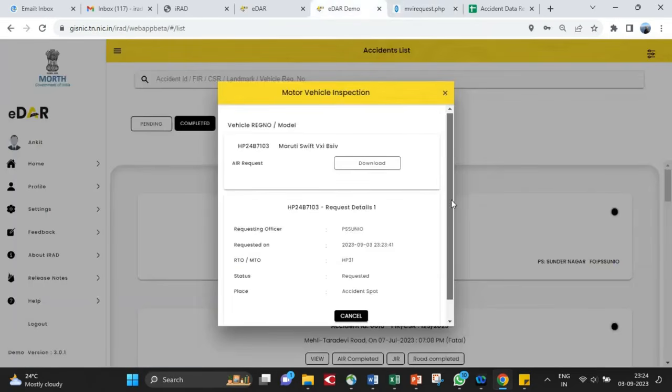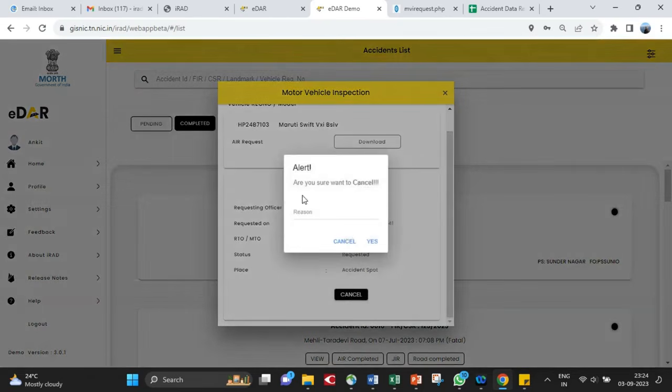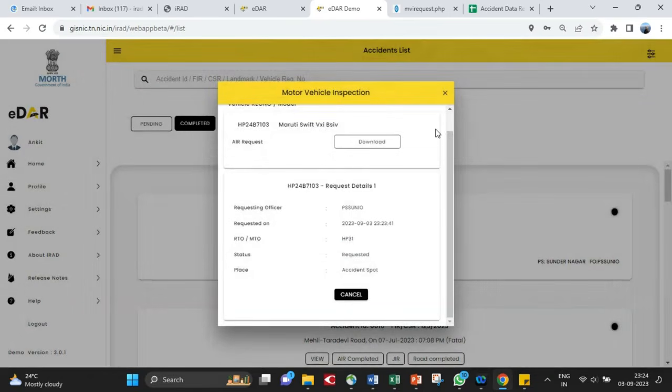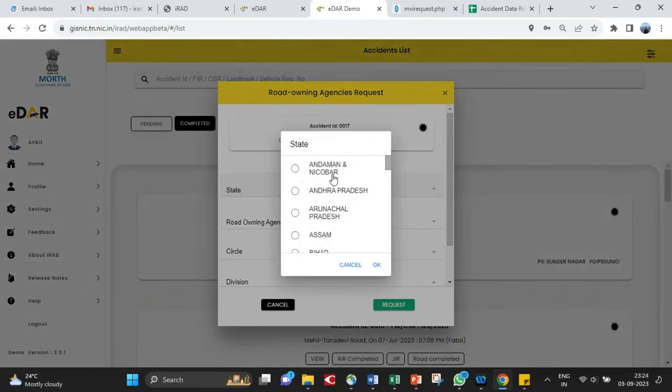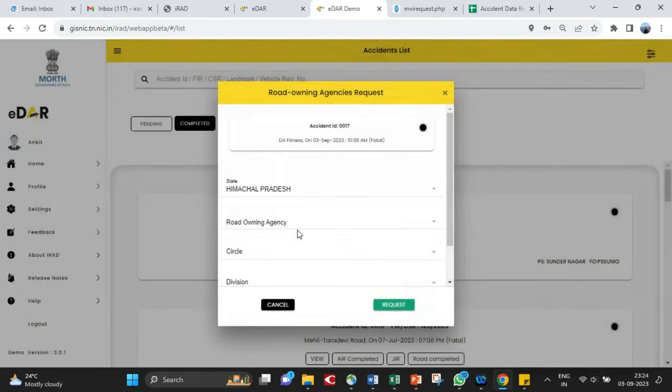Cancellation option is also available. The investigating officer can also send a request for accident spot inspection to the concerned engineer of road owning agency.